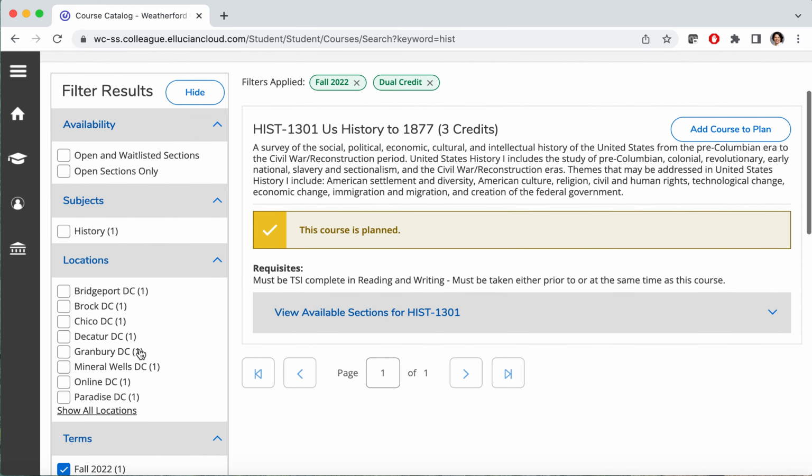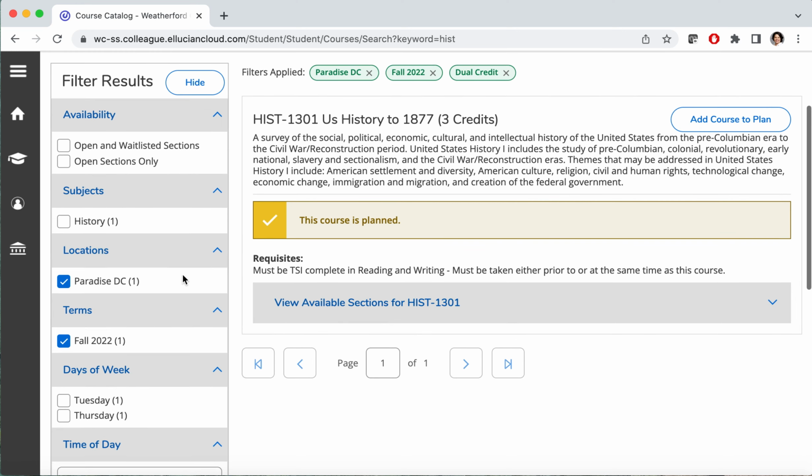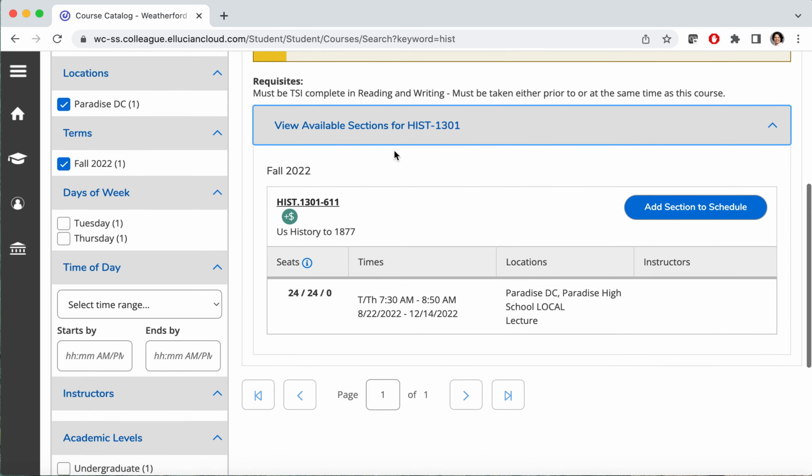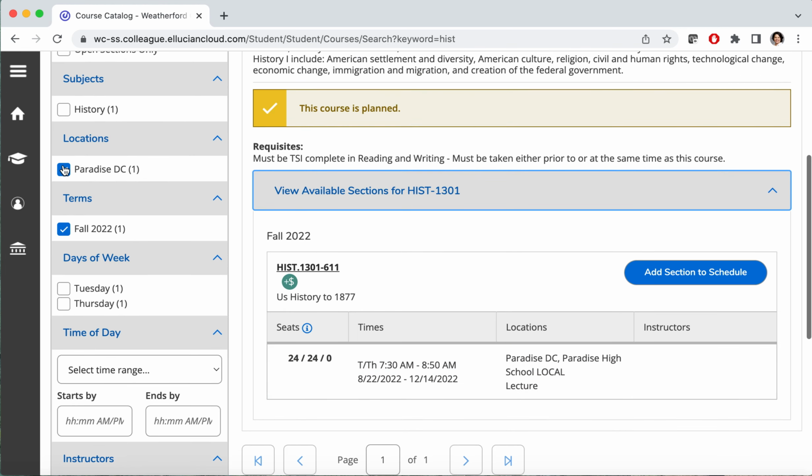Now, I know that this is a class that's at my high school. If it's at your high school face-to-face with your instructor there with you in the class, then the location will show up on the left. And mine is going to be at Paradise High School. So I'm going to select Paradise, and it's going to show me the right section once I click on View Available Sections. It's only going to show me the ones at Paradise. If that's not my high school,